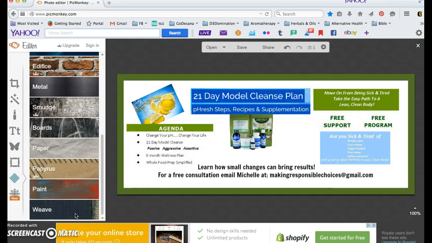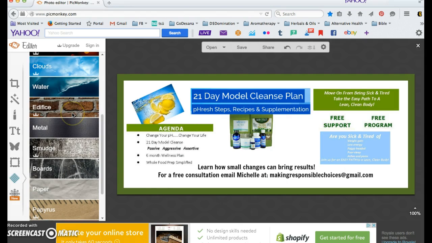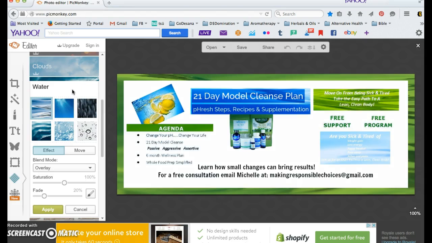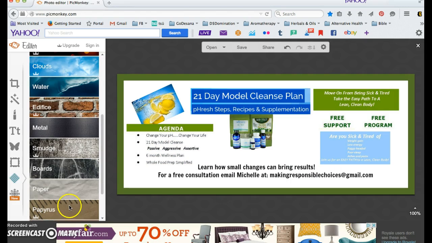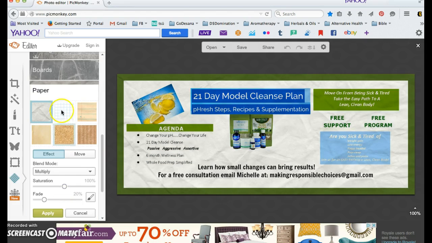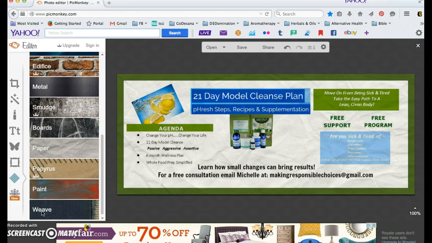I think what I'm going to do is go back here. I think it was the water. Yeah. Nope. Let's try. That one does. Alright, that one doesn't mess up any of the text on it, and it just gives it more of a finished look. So click apply, and then again, no, not the arrow. What you're going to do is click save,